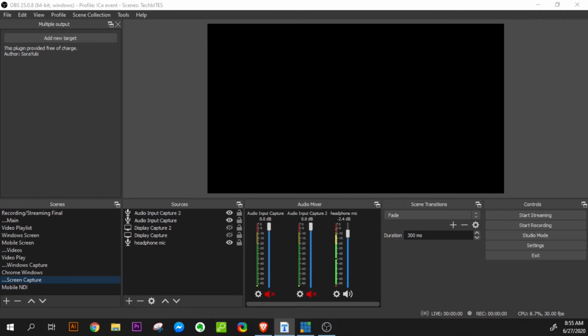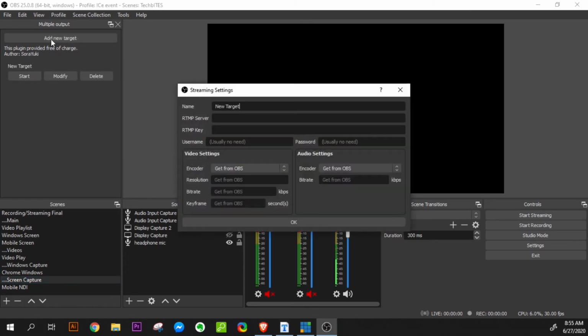After the plugin has been installed, just click on the button add new target, and then add the streaming name. I am clicking on add new target, and now a dialog box is opened.